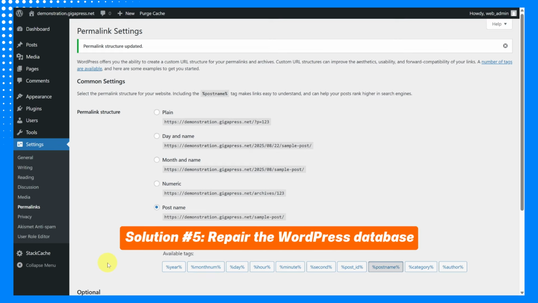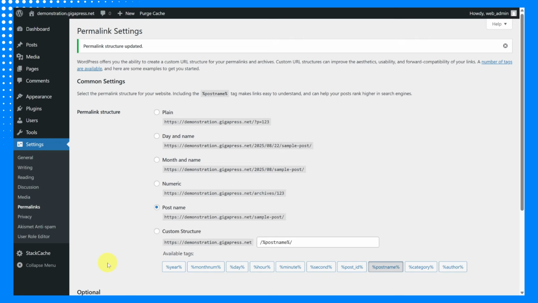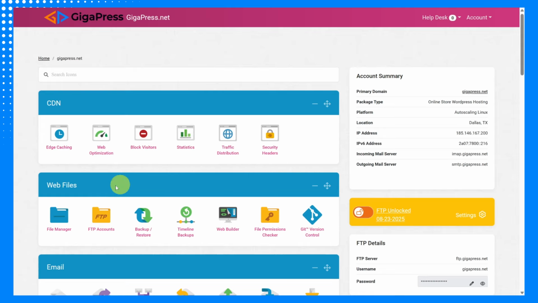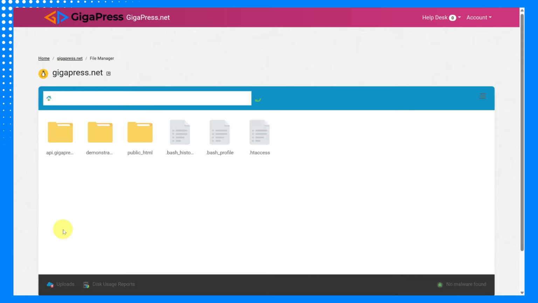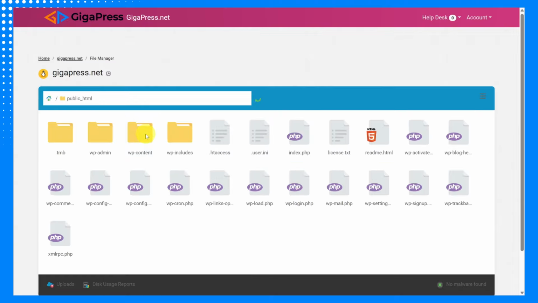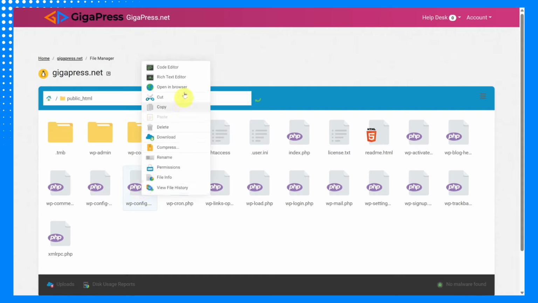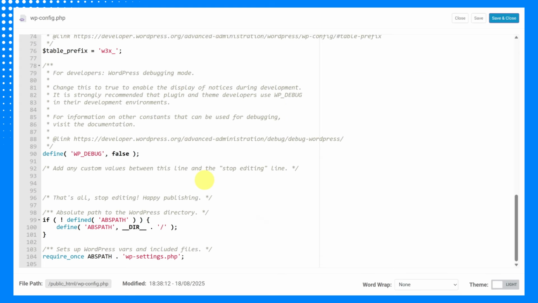Solution number 5. Repair the WordPress database. To repair your WordPress database, log into your hosting control panel. Go to File Manager, then select the WordPress root directory, usually public_html. Find the file named wp-config.php, right-click, and select Code Editor. Once open, add the following line: define('WP_ALLOW_REPAIR', true);